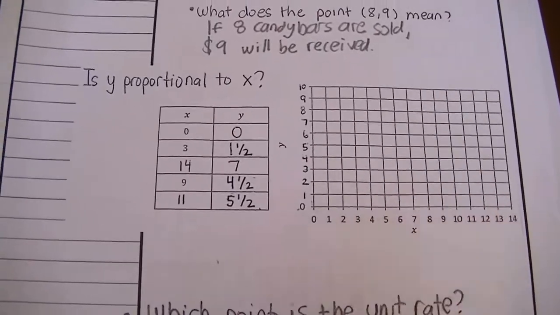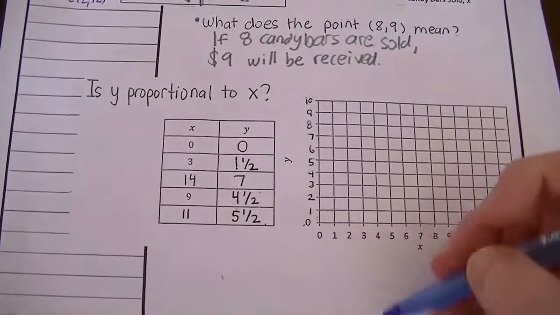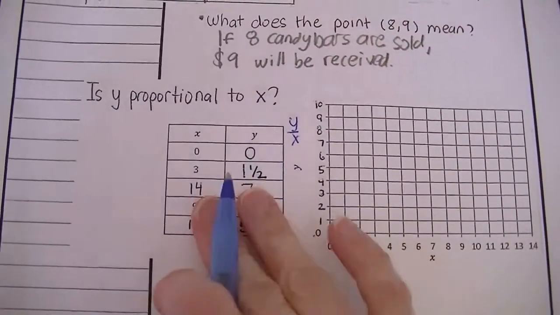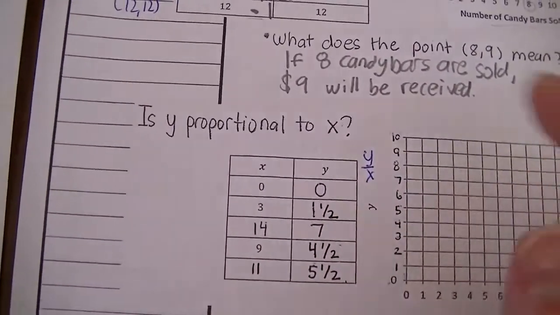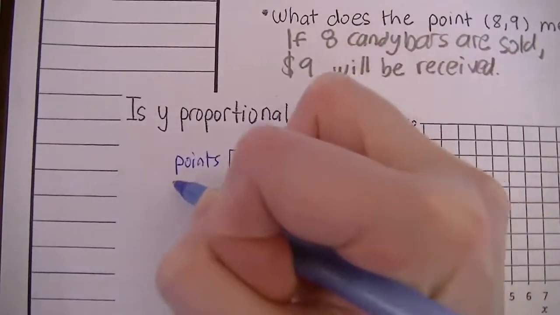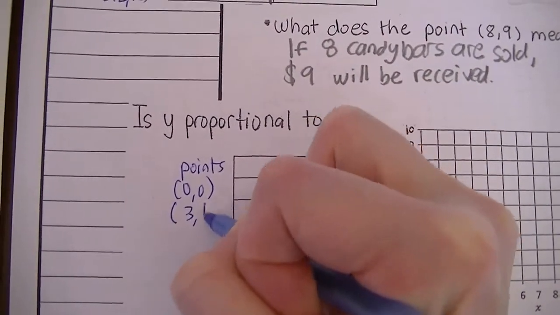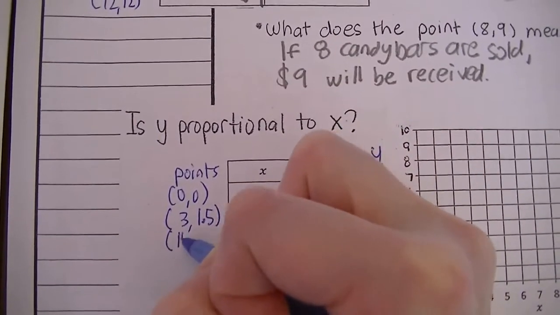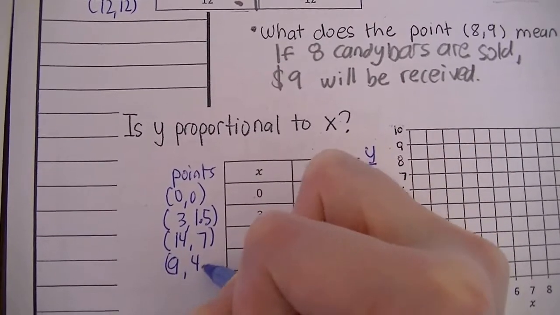All right, and the next example asks, is y proportional to x? So again, we're going to do y divided by x to see if a constant proportionality exists. And of course, we're going to plot these ordered pairs from the table onto this graph. So I'm going to just list the points. You can say points or coordinates. 0, 0, 3, 1 and 1/2, or 3 and 1.5, 14, 7, 9, 4.5,